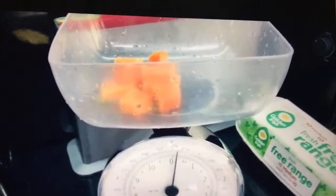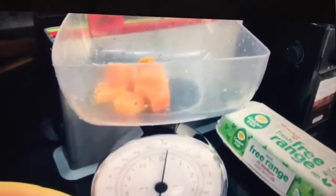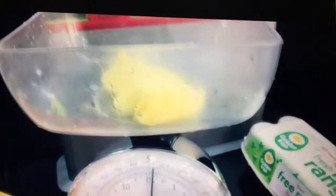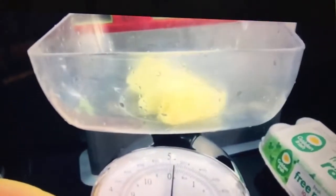And of course, I have also a papaya. Papaya we know is rich in vitamins C and A. So 30 grams of papaya. This is good also for the colon, of course, for our digestion. And also a pineapple. We know it also has vitamin C and vitamin A. And of course,